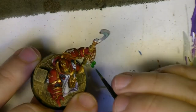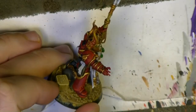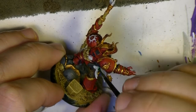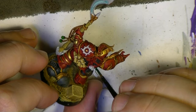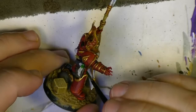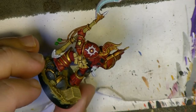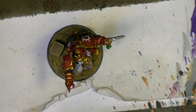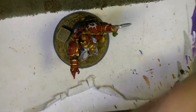Okay. And I'm going to do as well, there is one there. Okay. I like a lot to combine this green with the other details. Okay. And I'm going to use now